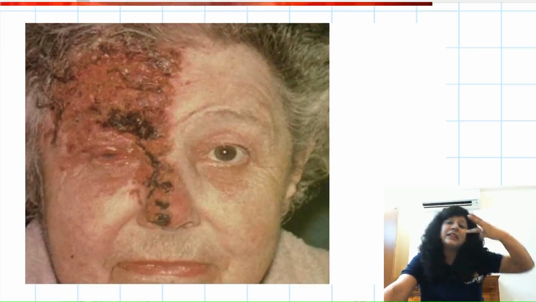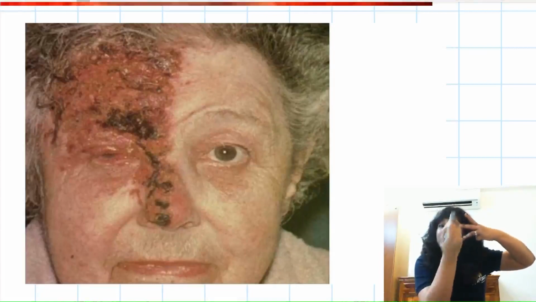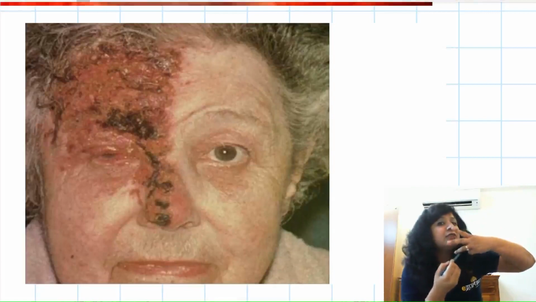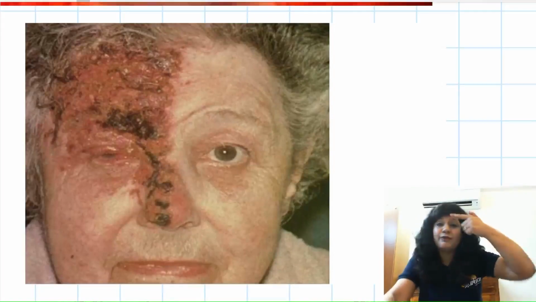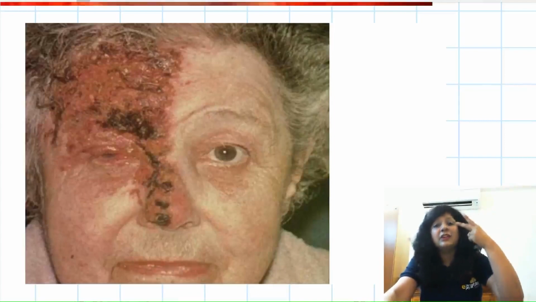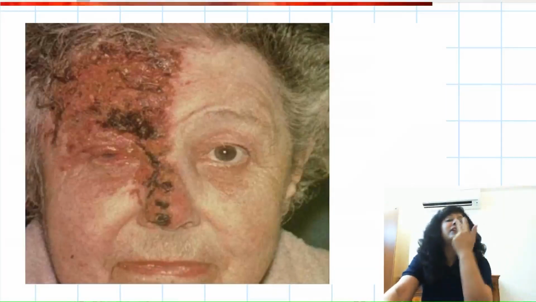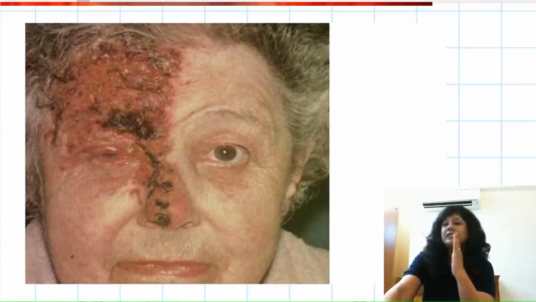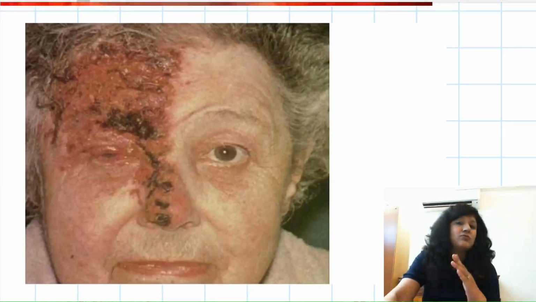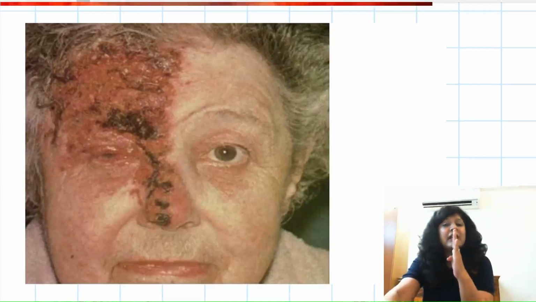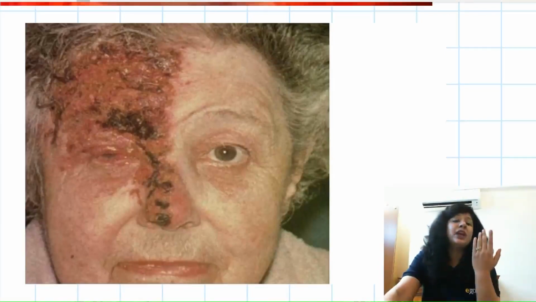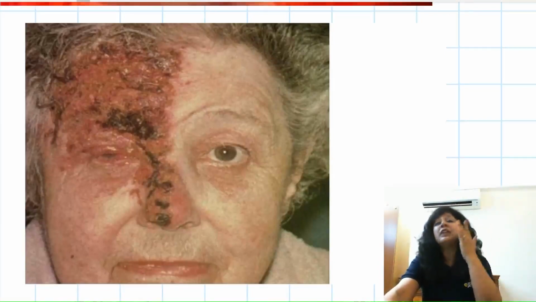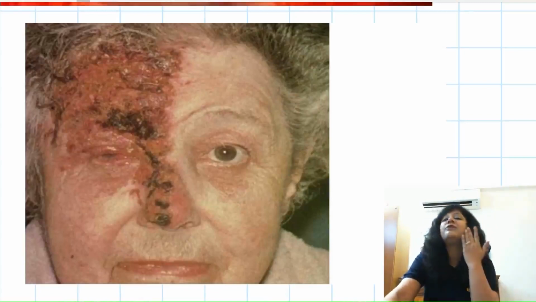Now this virus is affecting all the three divisions in the same order. Means first is the frontal, then is the lacrimal, and then is the nasociliary. So first we are getting the frontal skin eruptions, then we are getting the ocular involvement, and then we are getting the eruptions on the tip of the nose and the side of the nose. Now based on this, we have a rule called the Hutchinson rule. Hutchinson rule says that if there are eruptions on the tip of the nose, side of the nose, then there are more chances of ocular involvement, because the nasociliary division is involved after this lacrimal one.